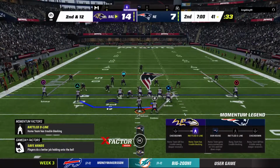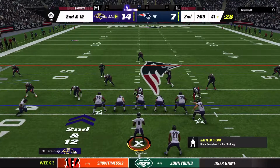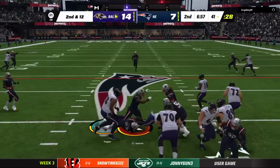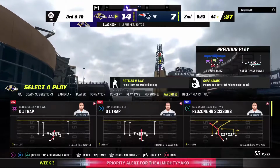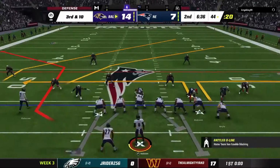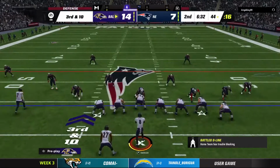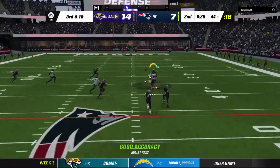Behind the chain, second and 12. And he's going to take this one up only to about the 44-yard line. He'll wind up getting 3 on the keeper there, but it leads to a third down. Anytime you decide to use your quarterback as a runner, most of the time when you design a play, you're expected to break a little bit bigger than this one because when you run them on short gains, your risk...